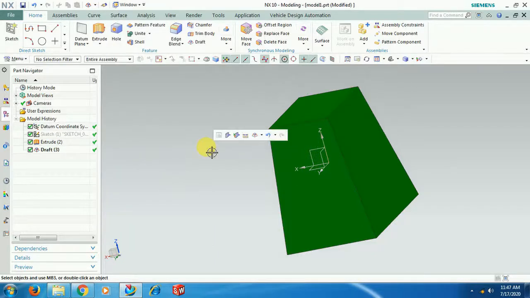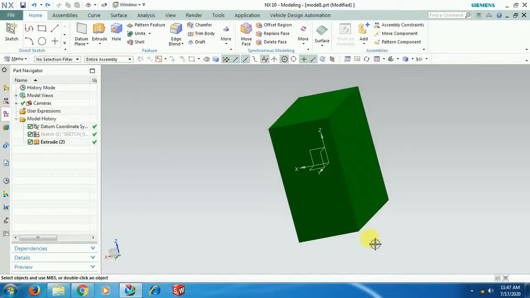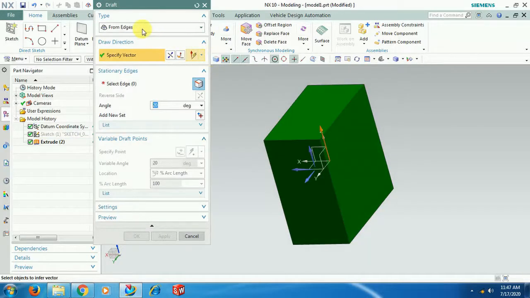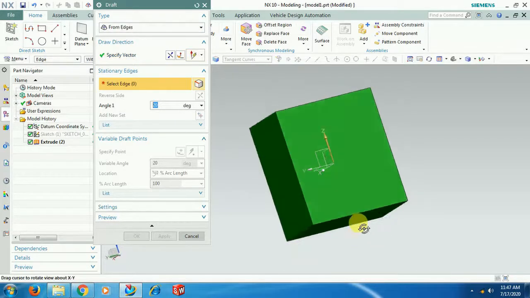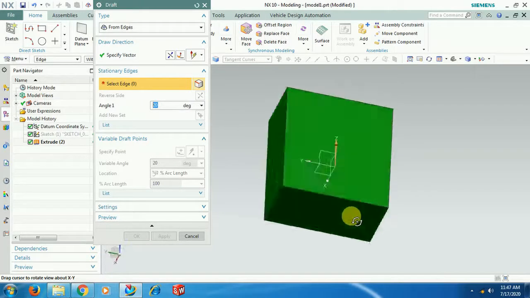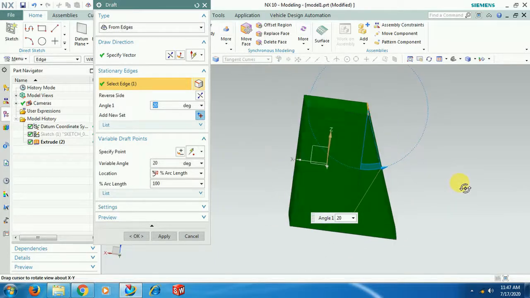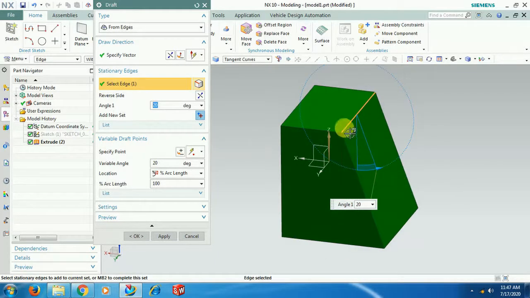Go back. Vector, stationary edge: we get a draft angle on the face connecting to this edge.